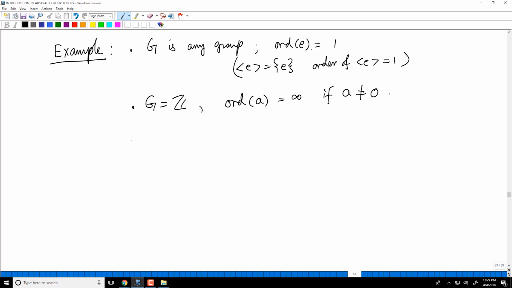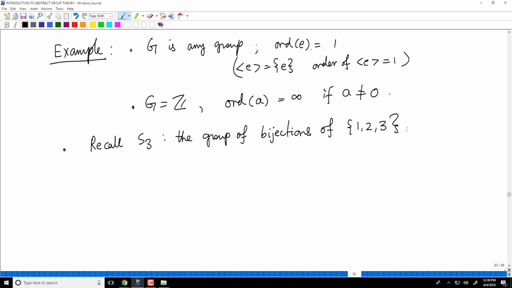So now I want to do this important example, and you are required to remember from an earlier video what S3 is. S3 was the group of bijections of a 3-element set, which we denoted by 1, 2, 3.